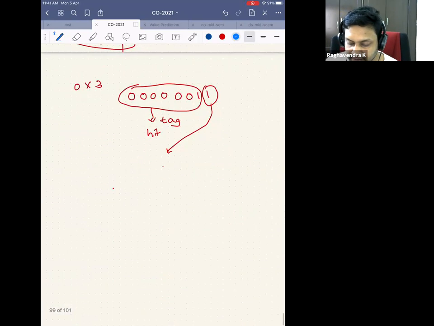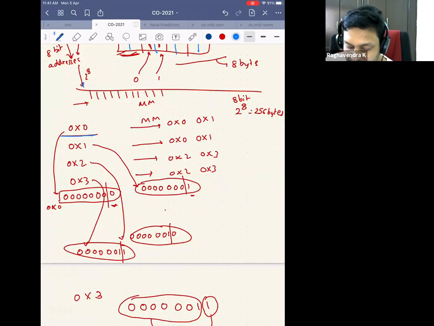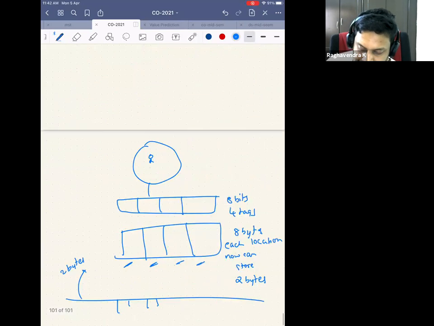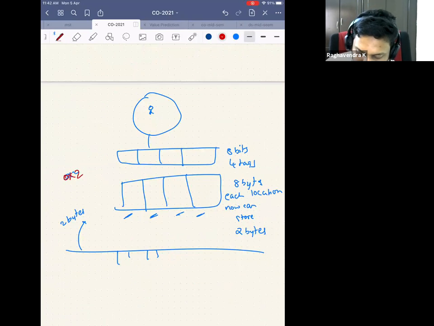One design that you guys came up with is, if the CPU generates an address 0x0, I fetch 0x0 and 0x1 and keep it here. If the CPU generates 0x3, I go and fetch 0x2 and 0x3 and keep it here. So now the CPU has generated, let's say, 0x2. I go to the main memory, I fetch 0x2 and 0x3 and keep it here. So now the data location holds 0x2 and 0x3, and I remember the address for 0x2. Then the CPU generates an address 0x4. I go and fetch 0x4 and 0x5 and I keep 0x4.